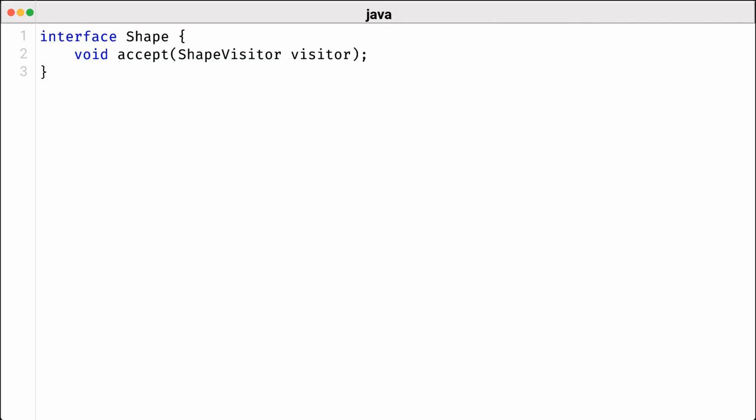This design allows each shape to process different types of visitors without altering their own implementations, promoting the pattern's core principle of decoupling operations from the objects. Next, we will write the concrete shape classes: circle, square, and triangle. Each of these will implement the shape interface, ensuring they all provide the necessary accept method. This method is crucial as it enables the visitor to interact with the specific shape instance, invoking the appropriate operation